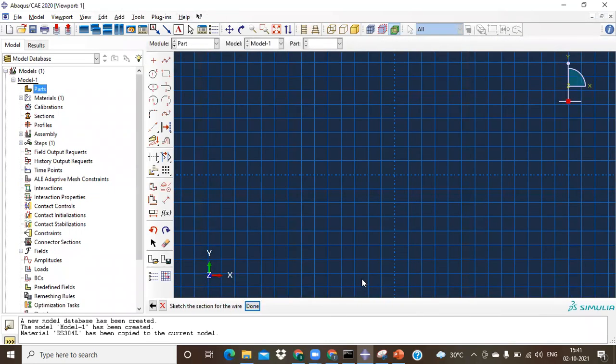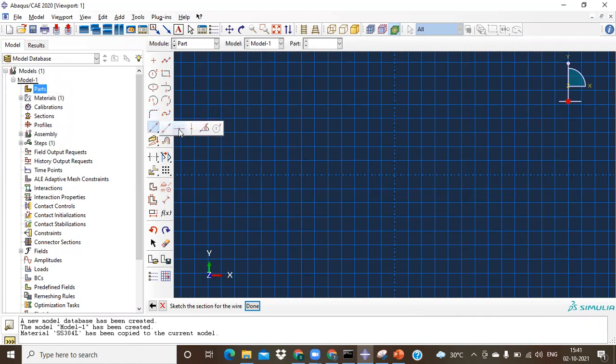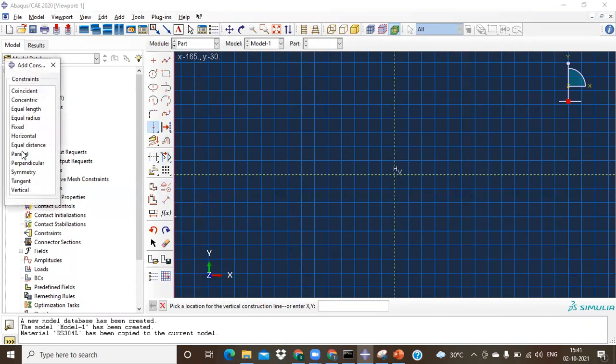So now I'm going to create a wire element over here. That's just a line. That means it's just a line. So let me go on and put these parallel lines, which we have already discussed. So I'm just going in a very